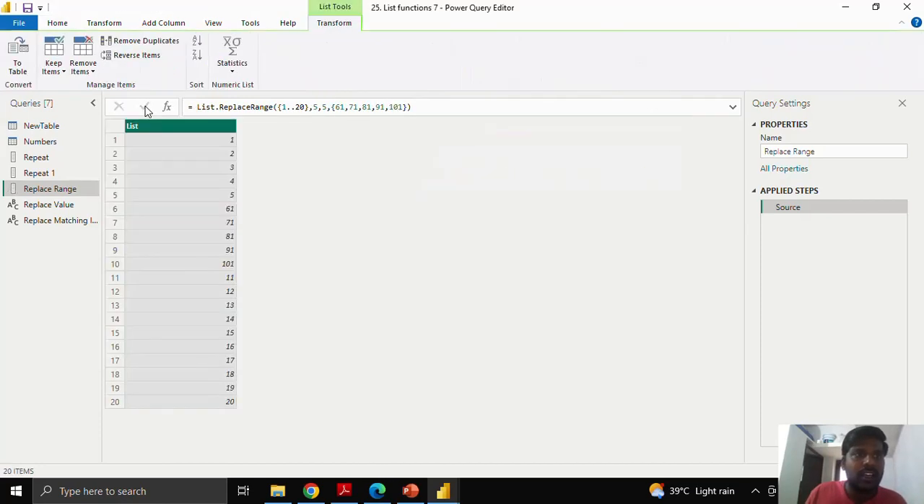I'll click OK. Here you can see that up to my fifth number I have the same numbers. Since I have replaced the range, the second parameter is my starting index. The list starts from 0, so as I gave 5, it starts from the 6th. From the 6th, the third parameter is the count. From the 6th row, it will count 5 numbers and then replace them with the given list of